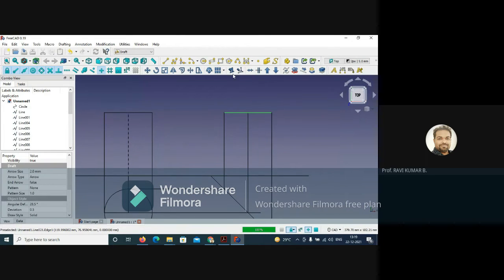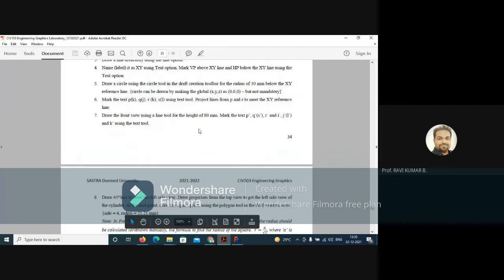Now what you need to do, you need to draw the prism, right? So we have to take the polygon command, which is having 4 sides. Now the thing is that in this FreeCAD software we cannot give the side of the polygon. So we need to find out the radius within which we are going to form the polygon. So the radius for the square, right? If you are going to form a square within a circle, that radius will be equal to side divided by under root 2. So like that you need to find out.